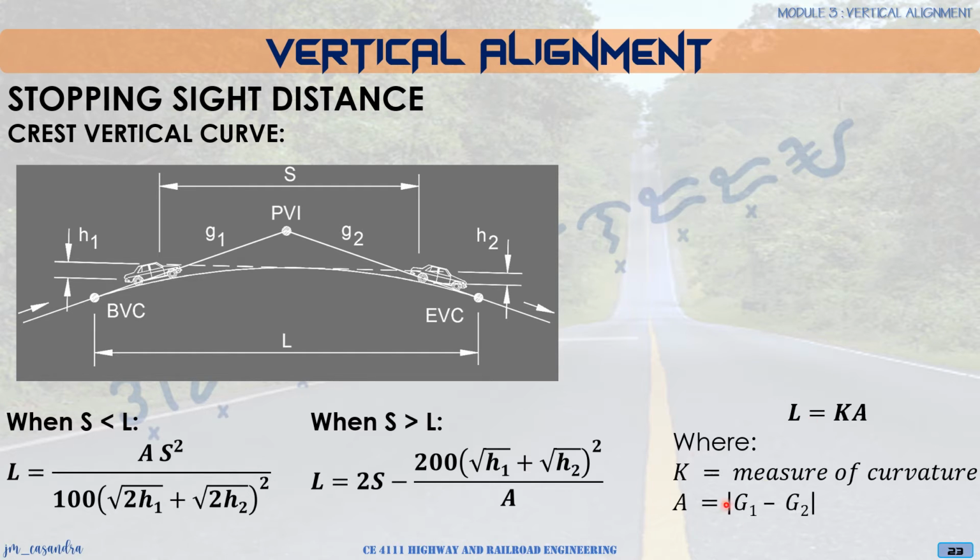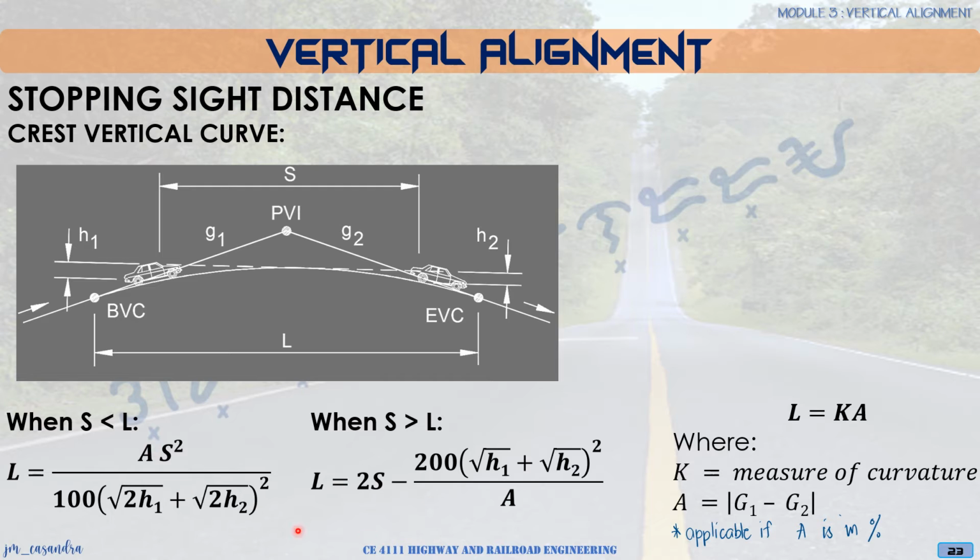So for the value of A in our equations, for S less than L and S greater than L, take note that this equation is only applicable if the computation of A is in percent. Okay? So kung yung percent value ang ginamit natin, we use this equation. But if we have computed A with the grades in its equivalent decimal form, ibig sabihin we have multiplied our grades by 100 and then have taken its difference, then this equation now